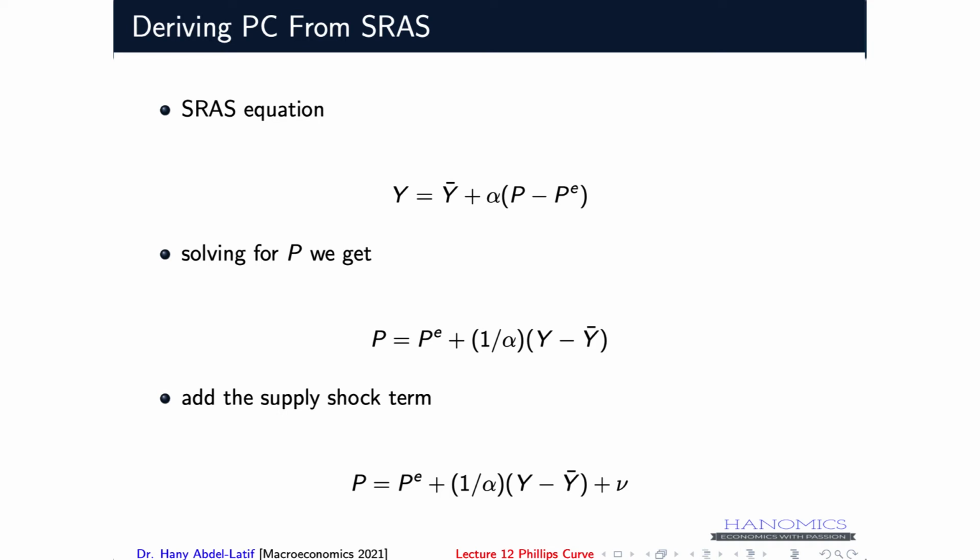If we solve this for P, the price level, on the left-hand side, and everything else goes to the right-hand side, that would give us this expression here. You'll see that the price level depends on expected prices, and the output gap, which is the gap between the actual output, Y here, and the full employment output level,